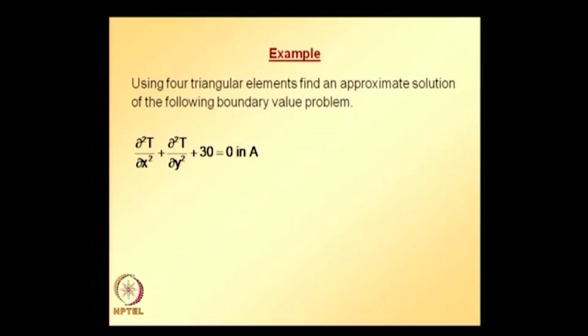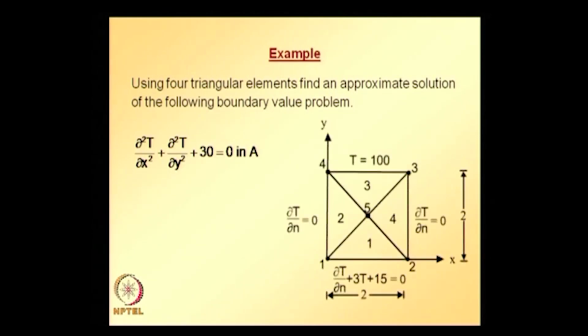So, now let us take the problem statement. Using 4 triangular elements, find an approximate solution of the following boundary value problem. This is the boundary value problem, or the differential equation, for which we need to find the solution. The field variable is t, and this differential equation is valid over domain A, where A consists of 4 three-node triangular elements. All the nodes are numbered 1 2 3 4 and 5. The fifth node is at the center of A,